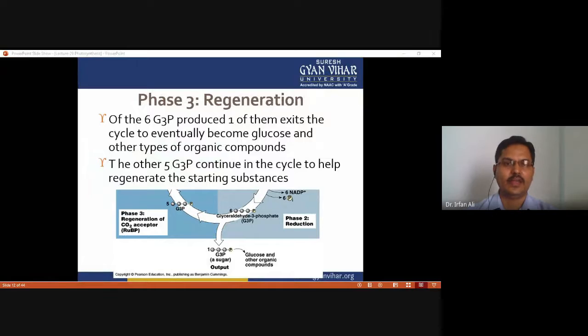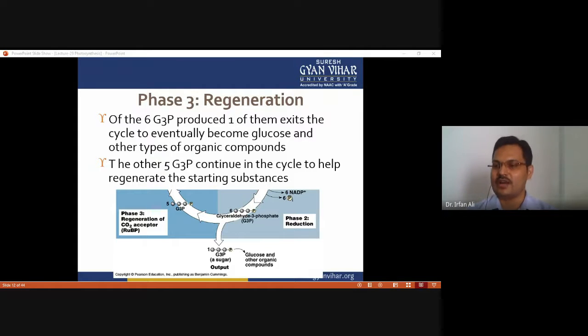Now the third phase, which is called regeneration. Why regeneration? Because now our aim is achieved, but ribulose 1,5-bisphosphate is required. Until this molecule is regenerated, the Calvin cycle is not able to continue. So of the 6 molecules of glyceraldehyde 3-phosphate produced, one of them exits the cycle and eventually is converted into glucose,